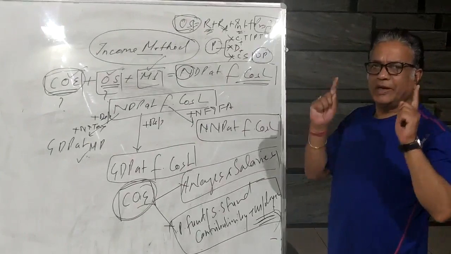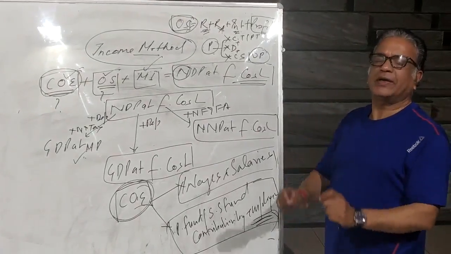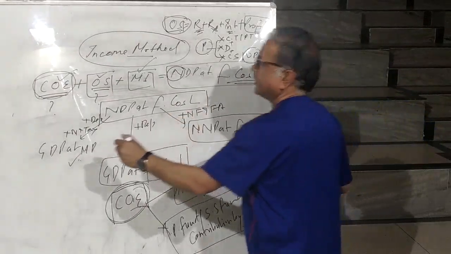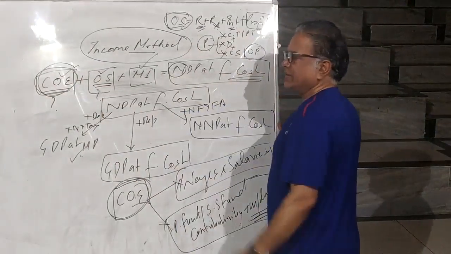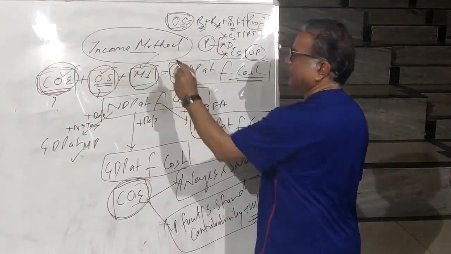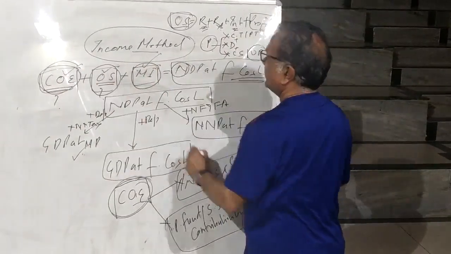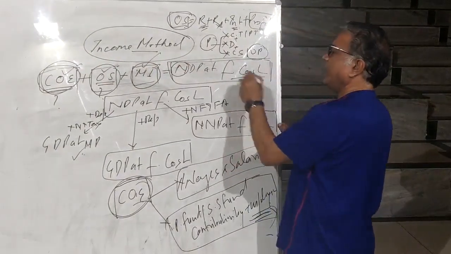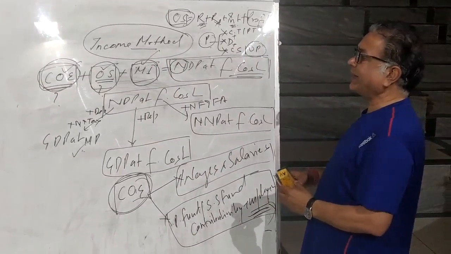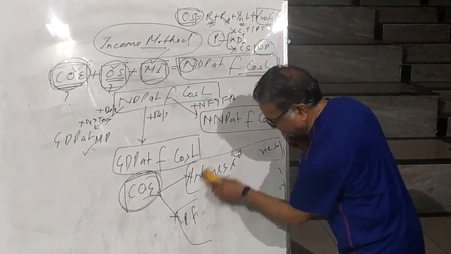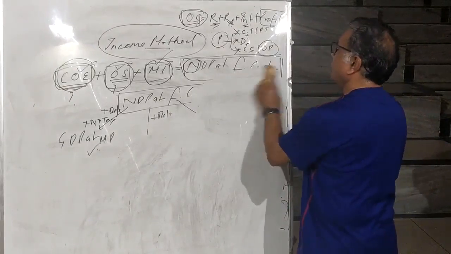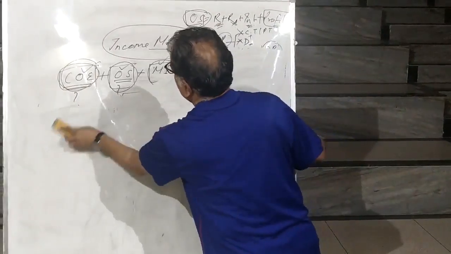So whenever you have been given the income method for calculating any aggregate of domestic or national product, the first work is to calculate COE. Then the second step is to calculate operating surplus. The third step is to calculate mixed income. Add these three variables, what will you get? NDP at FC, and from NDP at FC you can calculate any of the aggregates of domestic product and national product. This is how we calculate domestic product or national product using income method.